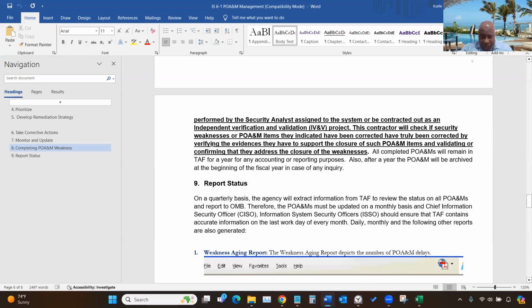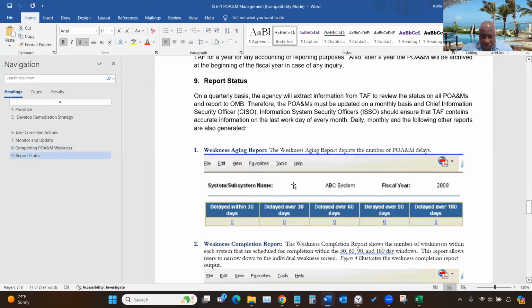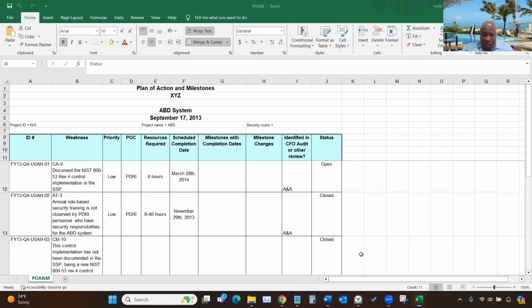Look at the evidence, verifying the evidence, and make sure they support the closure. And the reporting status within the tool, different reports. You have the aging report. This one shows the POA&Ms that have been delayed. The POA&Ms that have their scheduled completion date in the past,